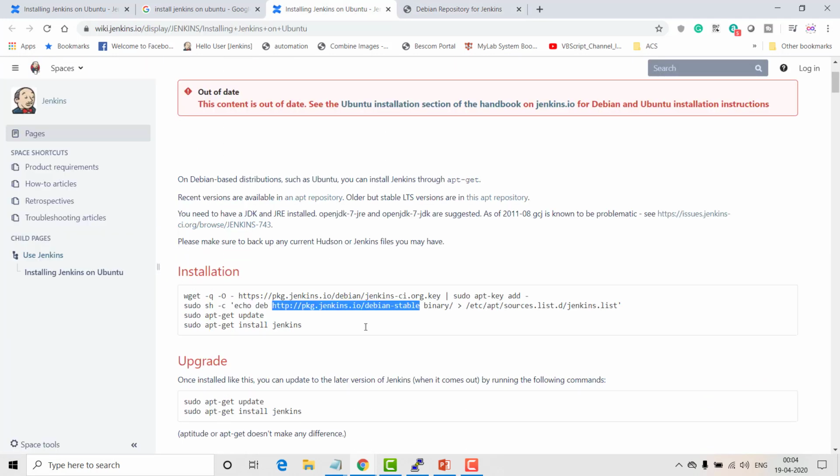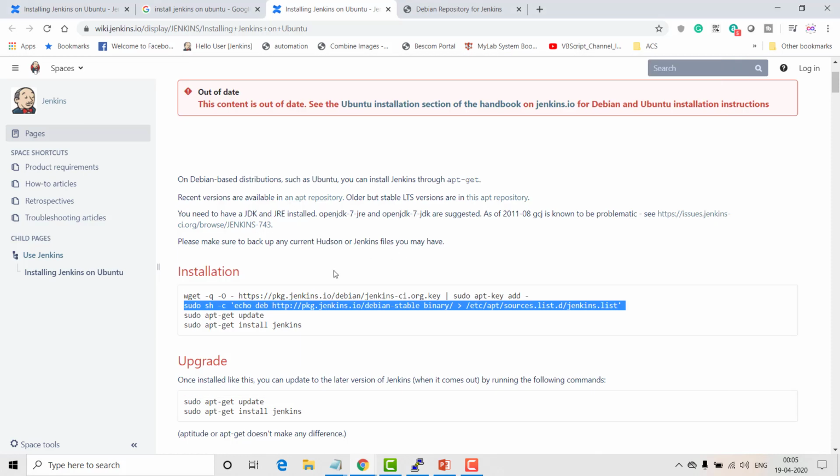It is redirecting all the stable binaries to this particular source list. Apt has a source list by default, and inside that it is going to create a list called jenkins.list where all the Debian stable build binaries will be added. Just run this particular command.